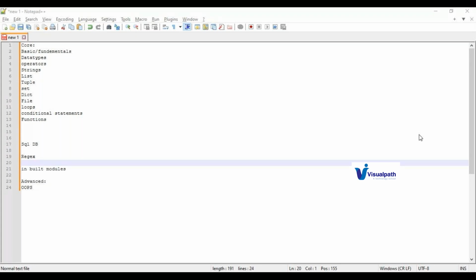But here we are going to learn more. I went through the course, but I couldn't get more examples, so I couldn't do the practice, and I'm not comfortable and confident that I learned Python. Yes, because there are not many examples and nothing to practice. Yeah, no need to worry about that.